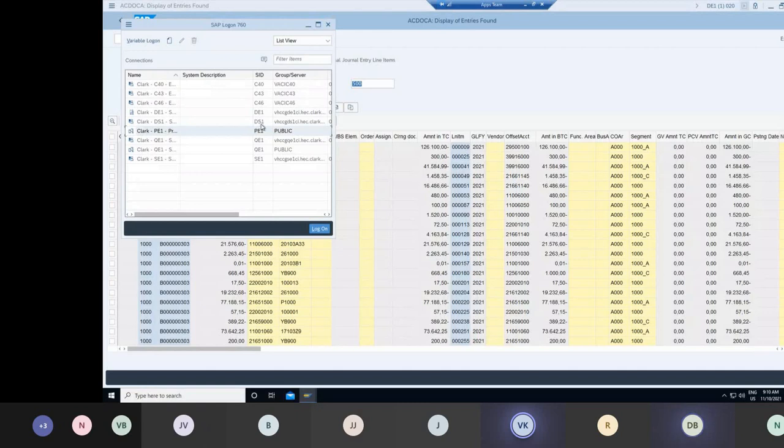And these names can differ. It's not that you always, I mean, in this client they're using DE1, P1, QE1. It might differ in some other system. So they might put QAS, QA1, QA2, QA3. The nomenclature might differ, but just remember the process. That is, we'll have one development client, one golden client, one development testing client, one QA. I mean, more than one QA is also possible. But remember, only one production system.